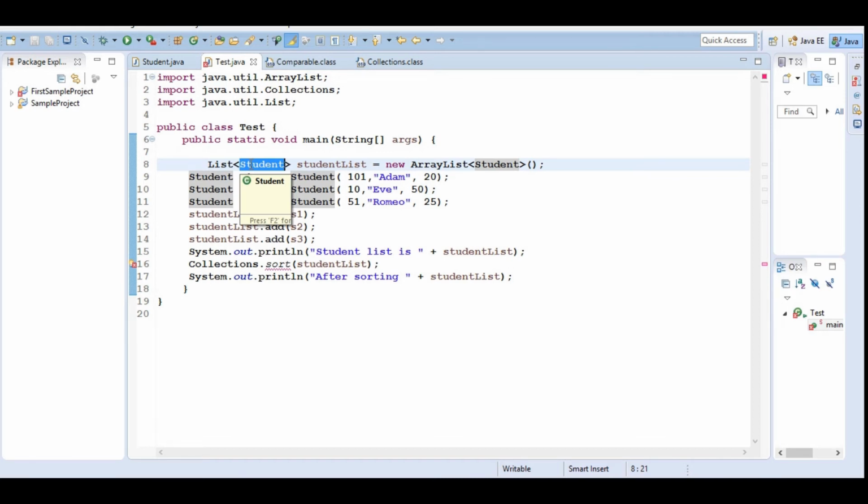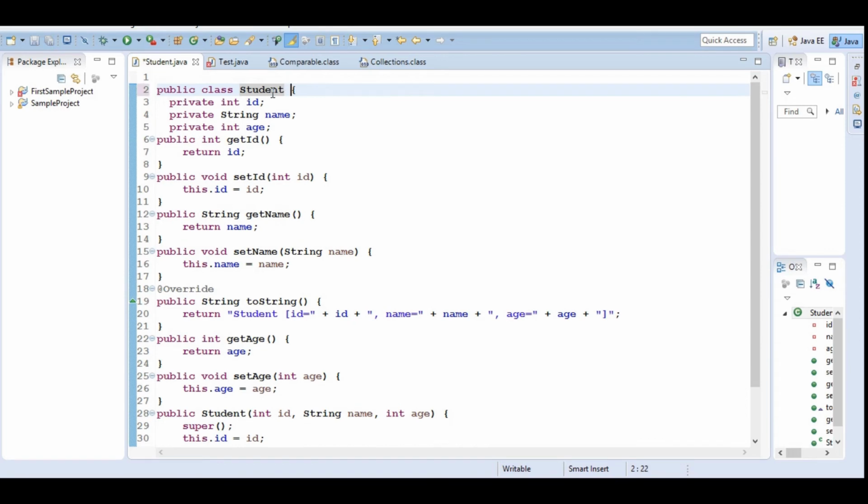So when we want to sort any list using the sort method of the Collections class, we have to make sure that the list of that particular type implements the Comparable interface. So let's implement the Comparable interface in the Student class.